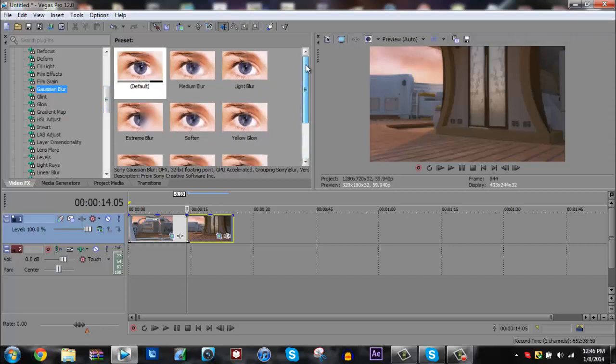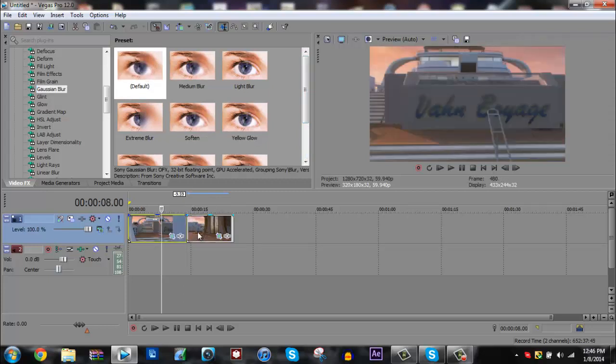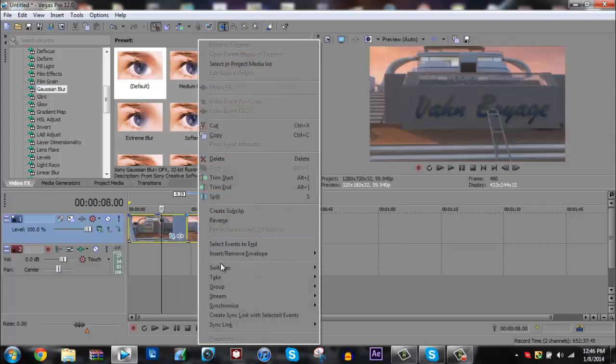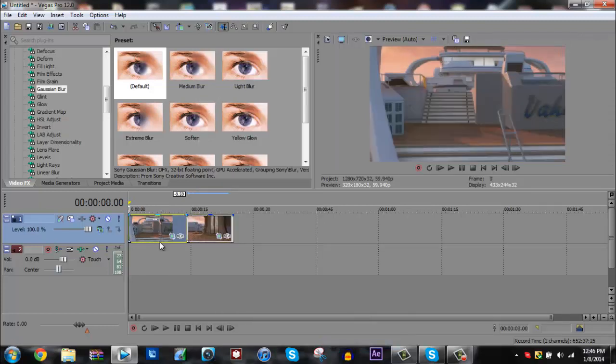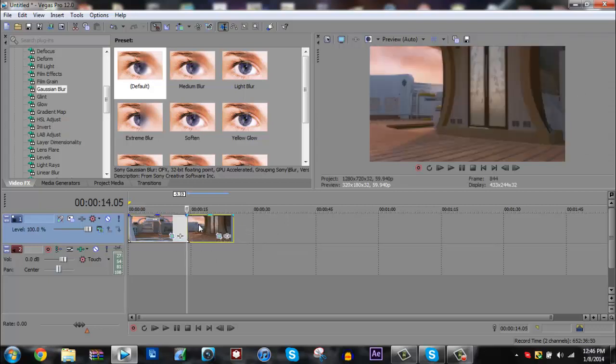So what I do is I first have to take two clips and then hold control and click and then go down to disable resample. I've already done that. And then I got rid of those black lines on the top and right side like I talked about in my last video. Well, I think at least that was my last. Anyways,